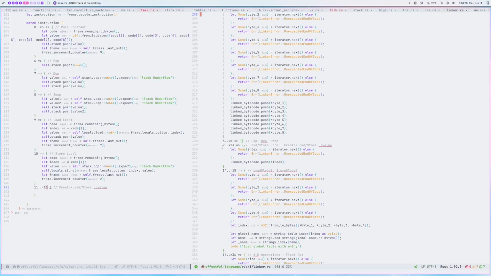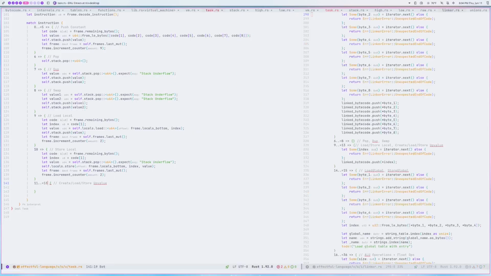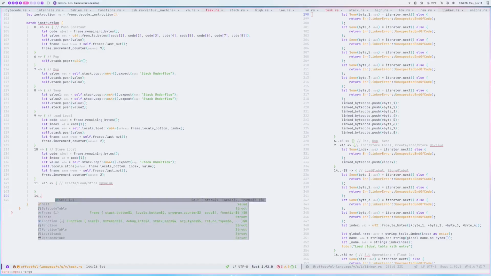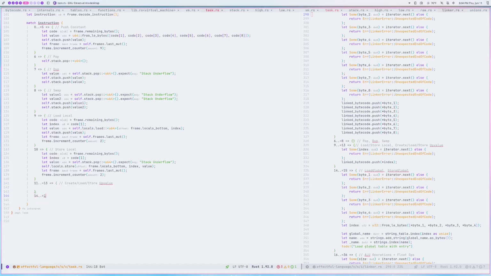Hold on. It's not 9, 10, 11, 12, 13. Okay, that's fine. Okay, I thought I screwed up the math. No, I've got the arrow. And then same with 14 through 15